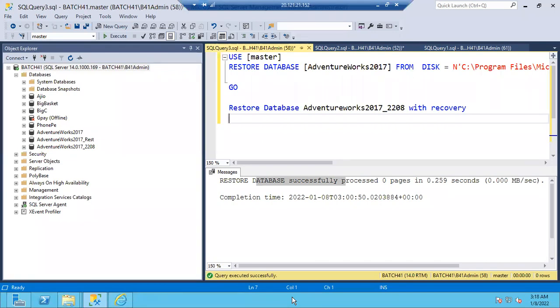Okay, done, fine. So anyway, guys, backups and restores are performance killers. It will take time to take the backups. It will take time to restore the database. It's not as simple as what we just did now. As it is a small 200 MB database, that's why it was restored quickly.